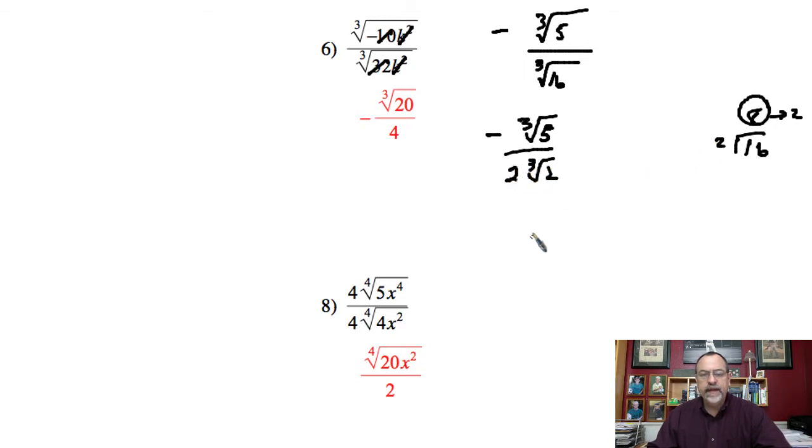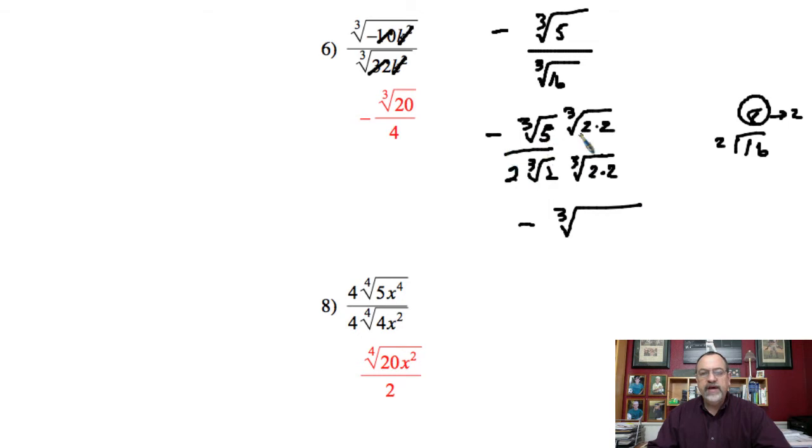That's 16. Now I do have to rationalize my denominator. Now I have 1 2 as a radicand, and I need 3. So that means I'm going to have to multiply by 2 more to give me a total of 3. That means I have to multiply by 2 more in my numerator. So now we have